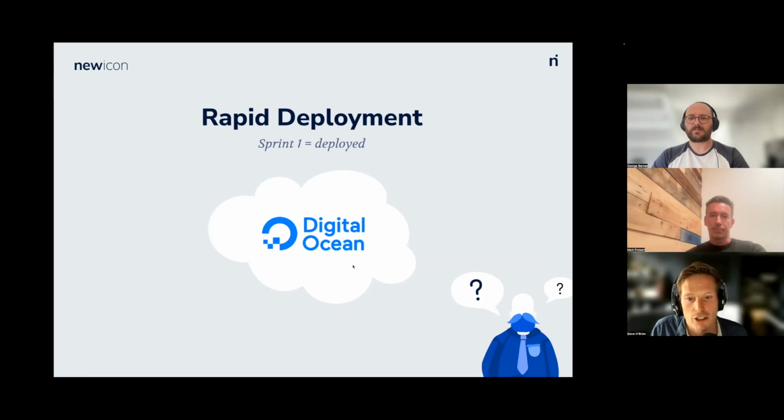And we're mentioning DigitalOcean here because we love DigitalOcean because it's so fast for us to do that rapidly and not worry about scalability. We're not going to do a 3 or 4 month project worrying about cloud scalability or creating some confusing and complex Kubernetes thing. We're just going to rapidly put that live and scale the infrastructure over time as we add to sprints. And DigitalOcean gives us the flexibility to do that with their managed databases and their droplets, which are just very quick and easy to set up.